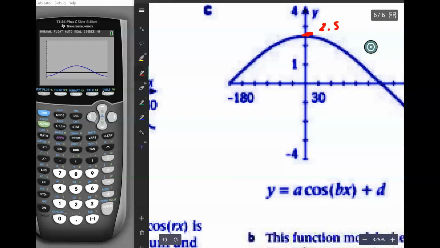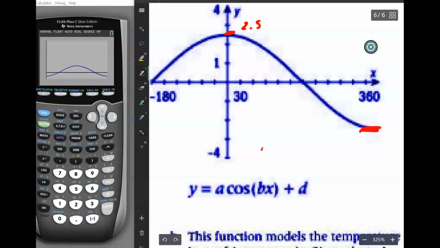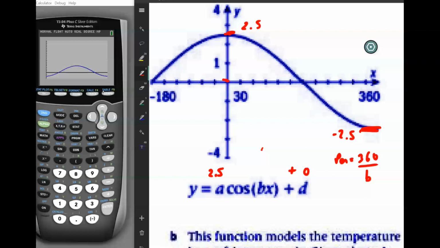And the height of the bottom is, let's see, -2.5. So it is centered here at 0. Okay, so the d value is going to be 0, right? And the a value is going to be from the middle to 2.5, so a equals 2.5. And the b value is going to depend on the period. Remember, the period is equal to 360 divided by b. And the period in this case appears to be, let's see,